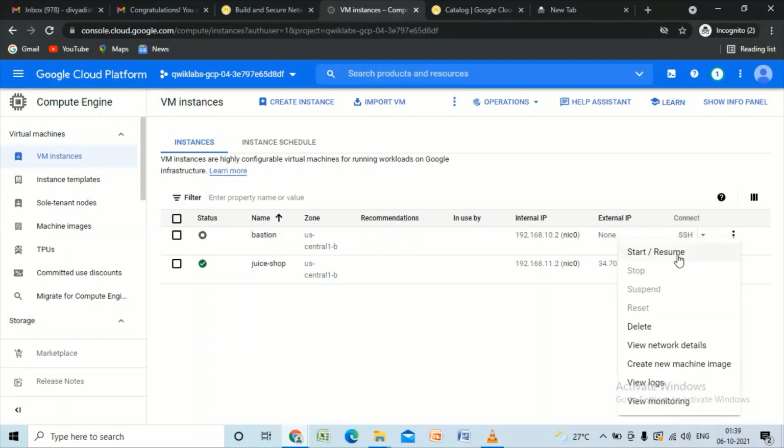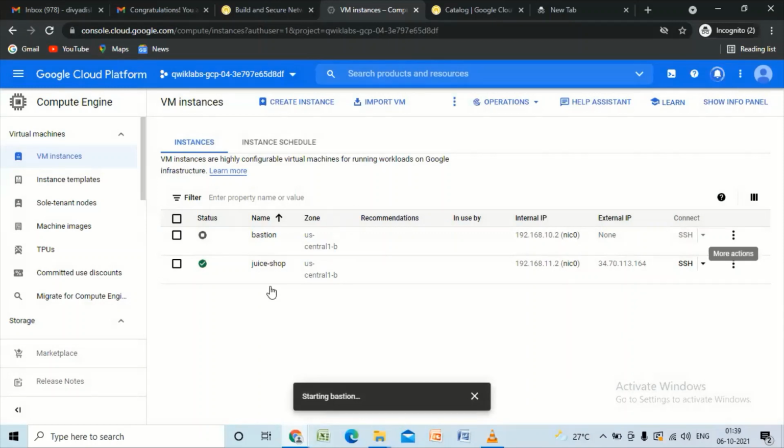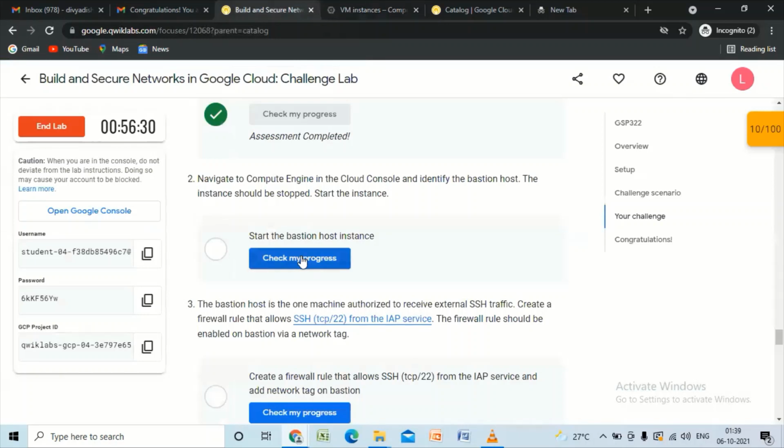Click on the start/resume button of the Bastion instance. It says starting Bastion. Instance started. We can check our progress.